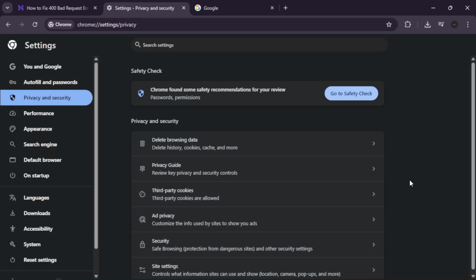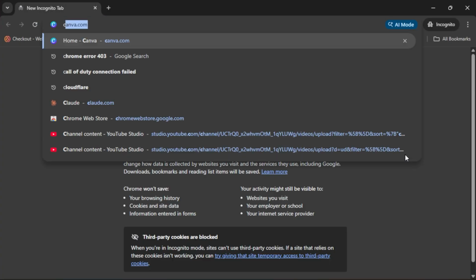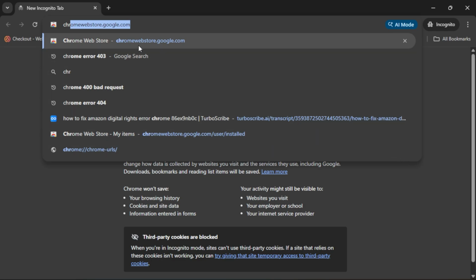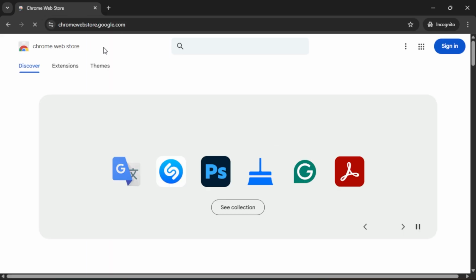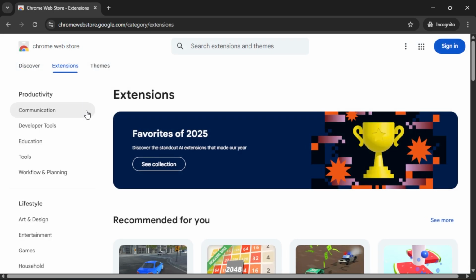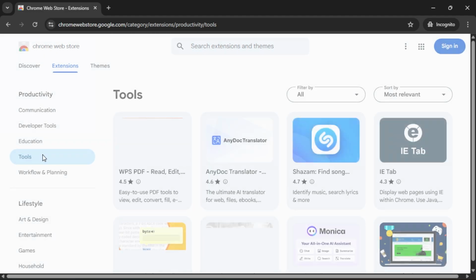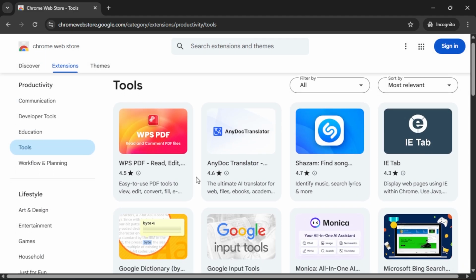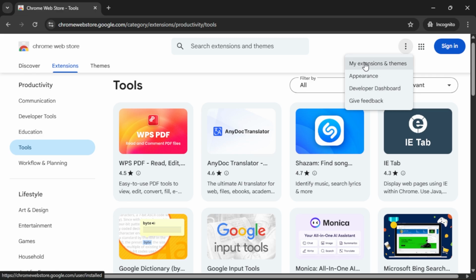Next, execute the Incognito diagnostic verification. Open a new Incognito window by pressing Ctrl plus Shift plus N and attempt to access the URL. If the site loads successfully in the session, navigate to Chrome extensions and toggle off all tools one by one until the conflict is isolated. It removes the accumulated data weight from your system, ensuring your build functions with fluidity during